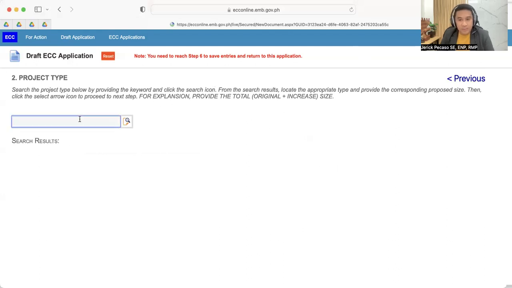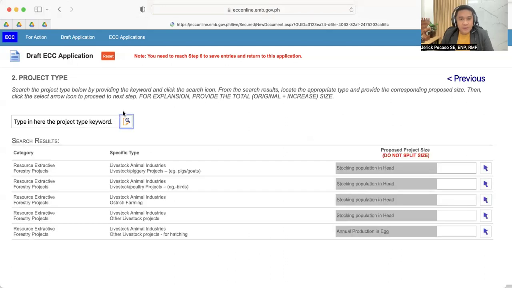to select what type of project and provide the threshold or the capacity for this project. So for example, we are applying for the ECC of an animal production or livestock industry. For piggery projects, what is the stocking population at any given season? So let's say 200 heads.